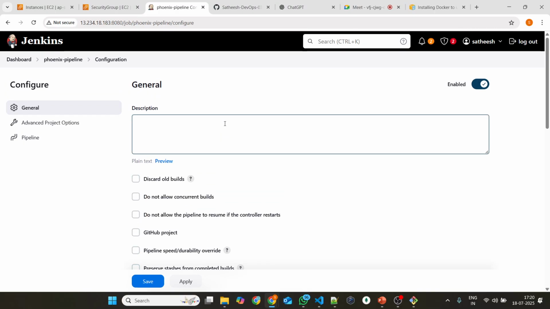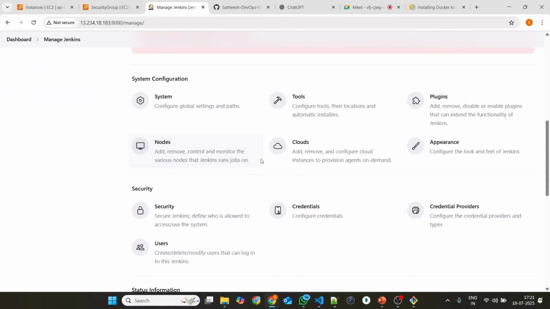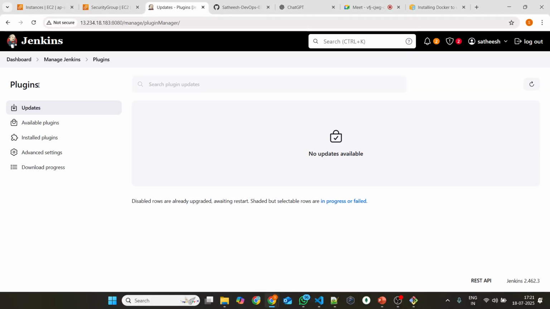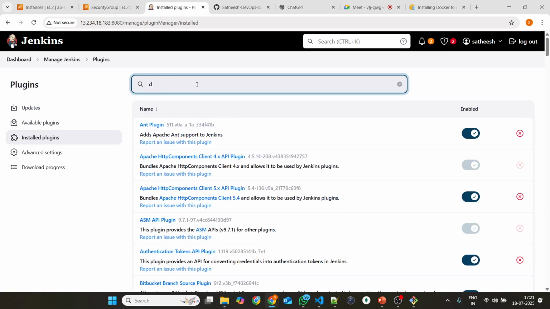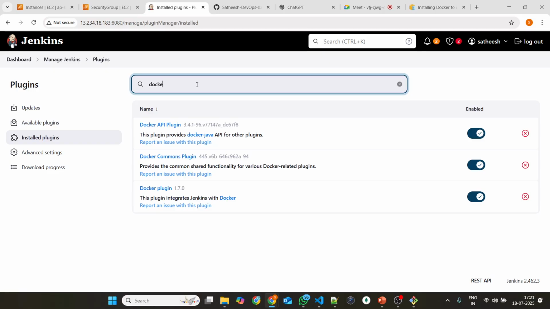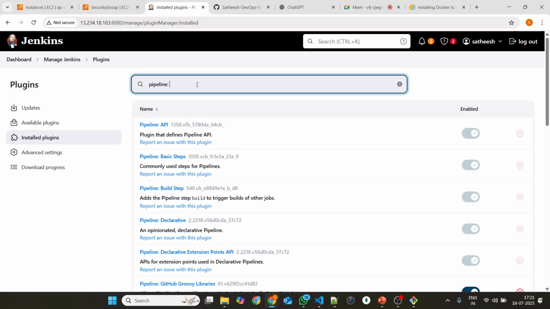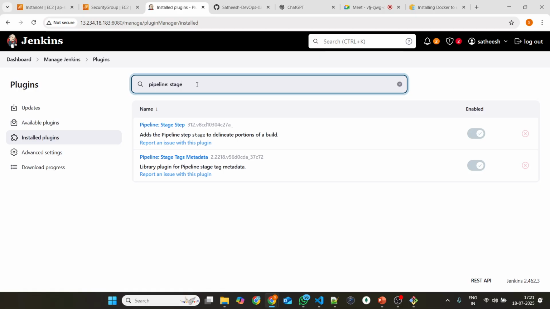Sorry, you can see the installed plugins, no? Before downloading, there is a check. You can click Manage Jenkins and scroll down, then you will come to plugins. You go to installed plugins. What plugins did you install? Like we installed Docker, right? Or the pipelines. At the last one, we didn't see that plugin showing because we